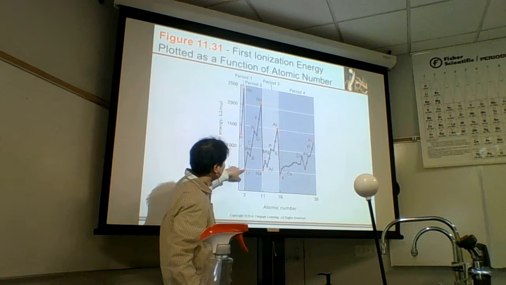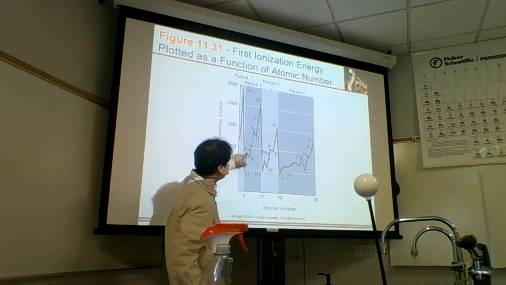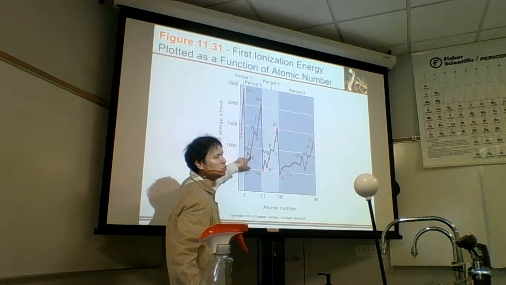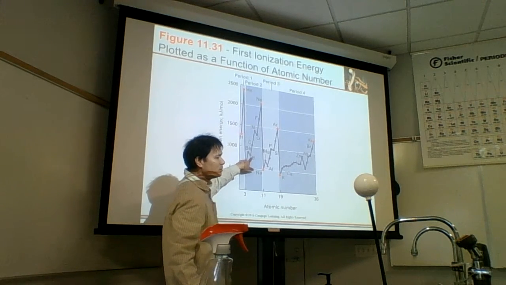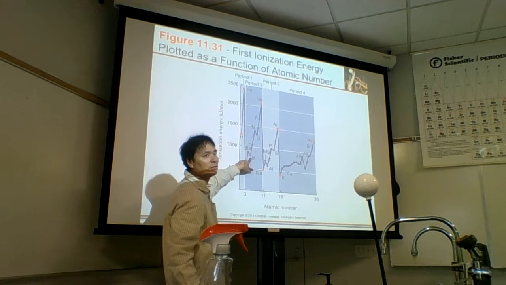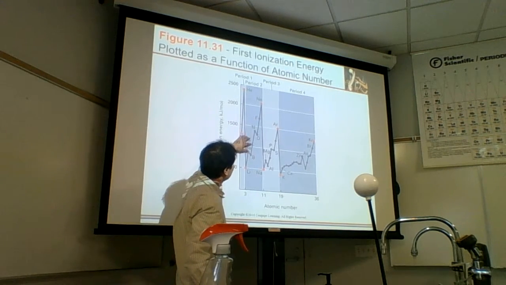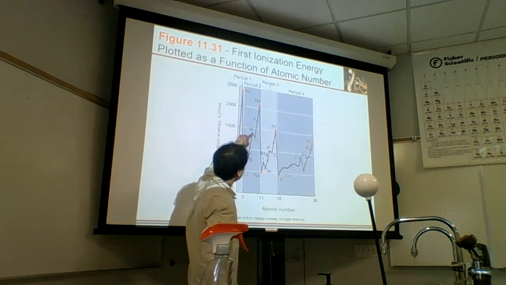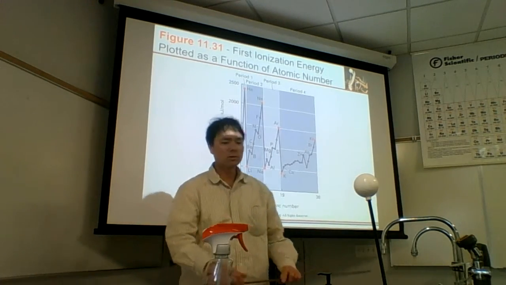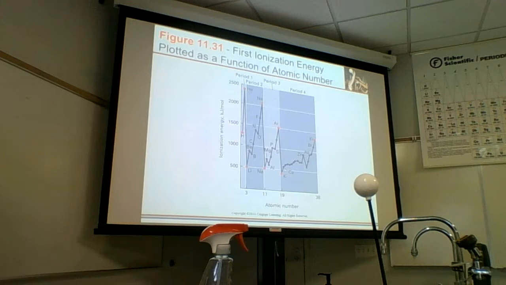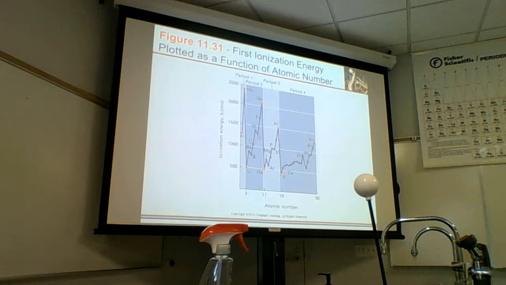When we ionize lithium, we're taking a 2s electron. When we ionize beryllium, we're taking a 2s electron. When we ionize boron, we're taking a 2p electron because boron is 2s2, 2p1. It's easier to ionize a p electron than an s electron. Okay, then when we ionize carbon, this is a p electron we're ionizing, then we go to nitrogen. Nitrogen is half filled. Oxygen is more than half filled. And so there's a drop. We expect oxygen to be harder to ionize, but it turns out it's easier to ionize. And that has to do with electron